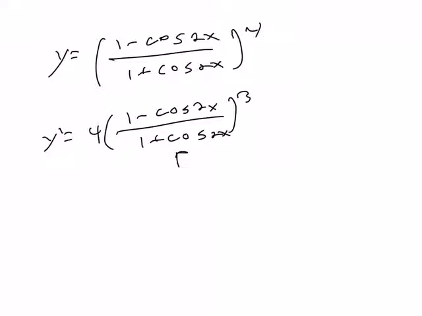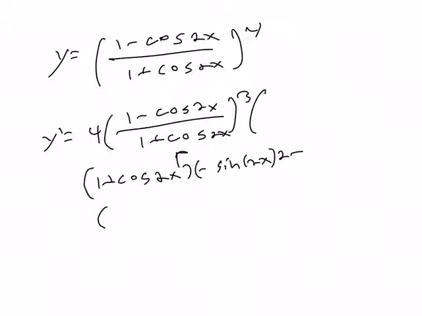Now multiplying it by the derivative of the thing inside, we're going to get 1 plus cosine 2x times the derivative of 1 minus cosine 2x, which is times negative sine 2x times 2, minus, and now we're going to take 1 minus cosine 2x and multiply it by the derivative of 1 plus cosine 2x, which,